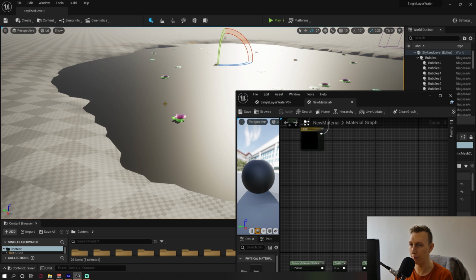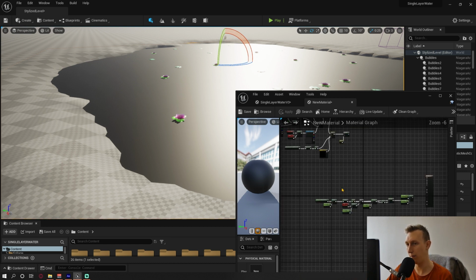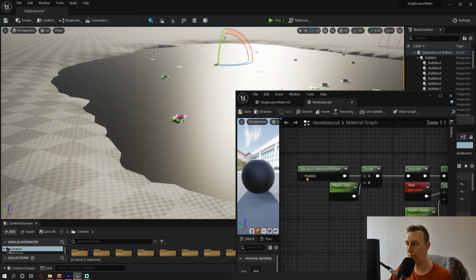So it's better, you'll understand it better if I show you on a flat surface, on a flat new object with just a black and white mask going on there. So you can see how it works. So here, what we wanted to use is this distance to nearest surface